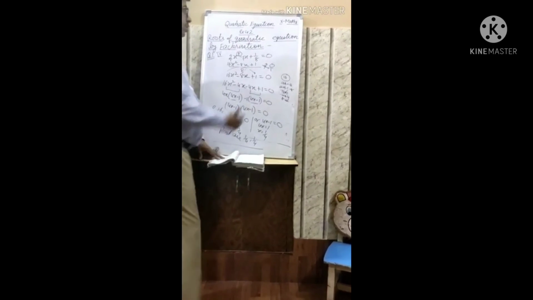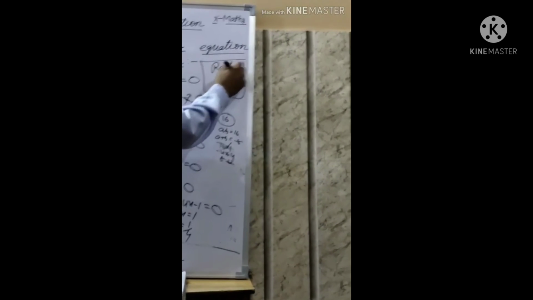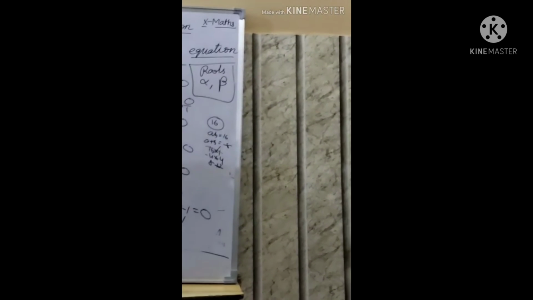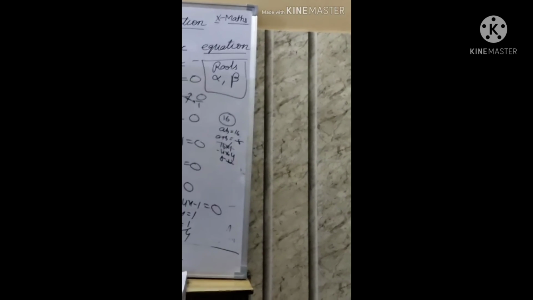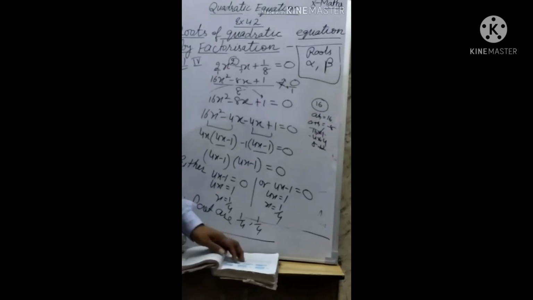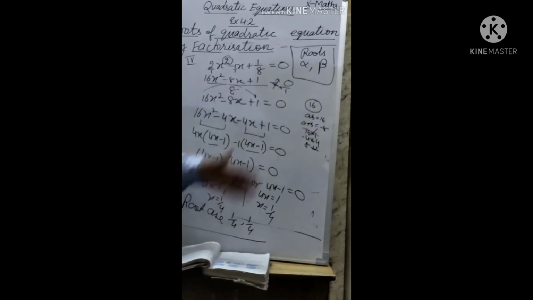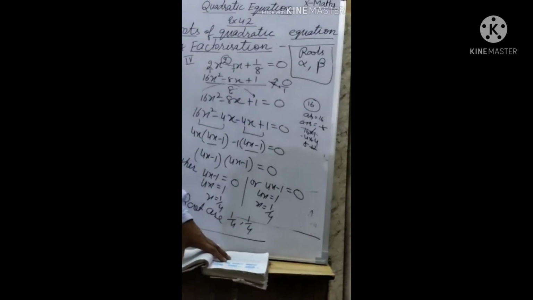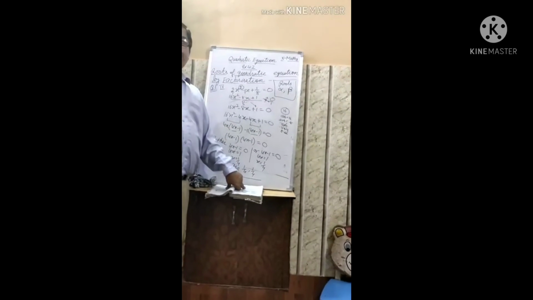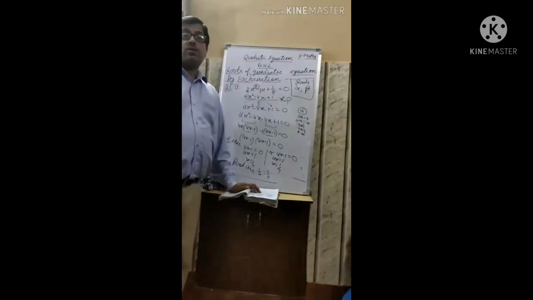Sometimes we say these are the roots. Sometimes you suppose alpha, beta are the roots of the given equation. Sometimes we give the names also. These are the two roots, one is alpha, one is beta. So next time also we will write some applications upon this quadratic equation. So first today you revise this, how to find the roots of the quadratic equation by factorization. Understand?